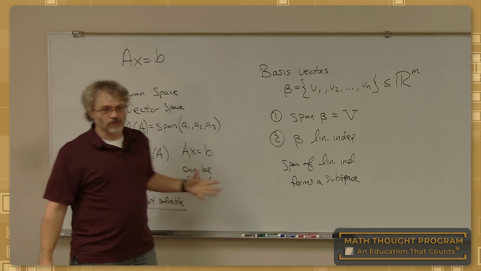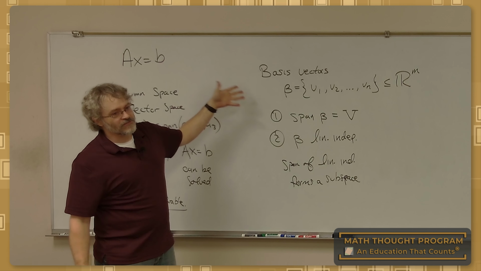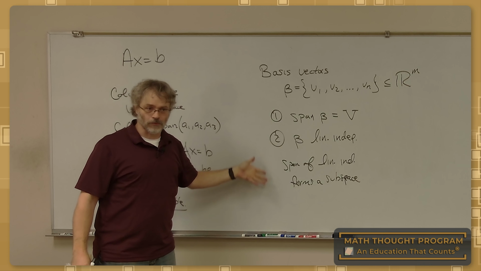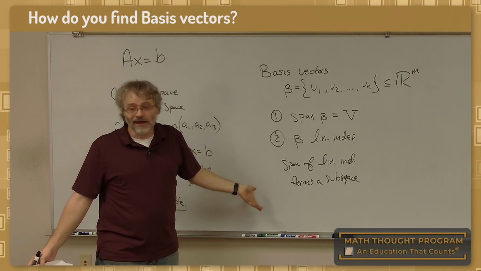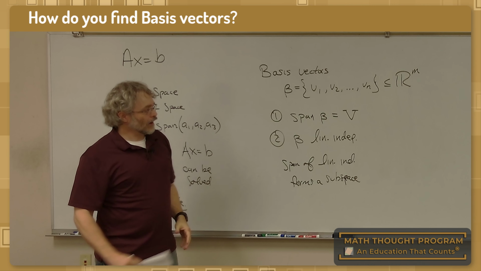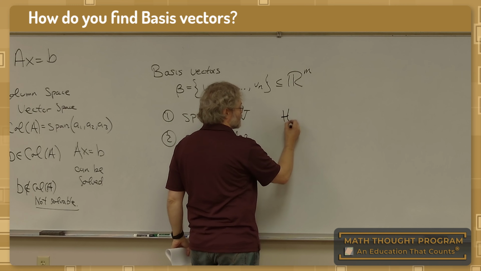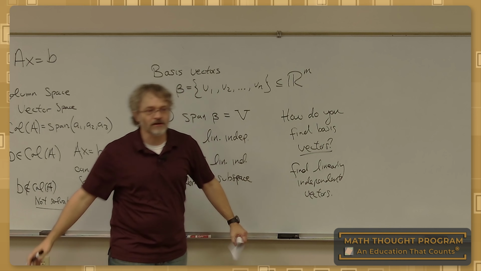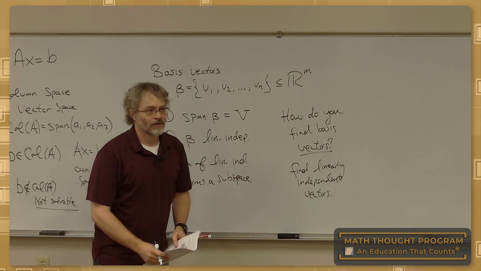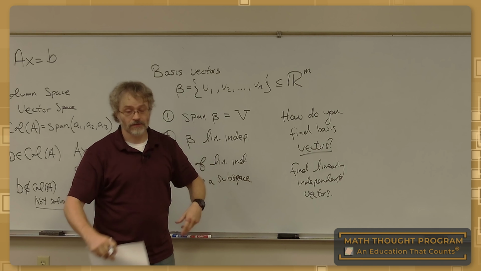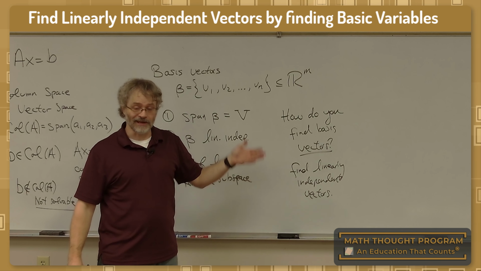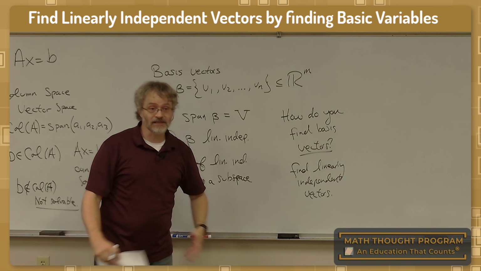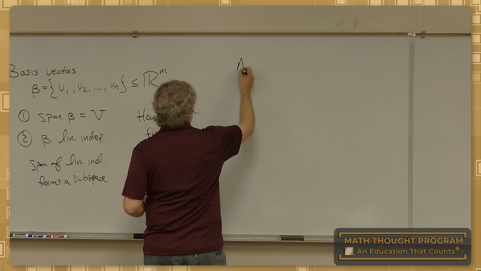Well, here's the next question then. If every vector space has a certain set of vectors you can use to reconstruct the whole entire space, how do you find them? How do you find basis vectors? Well, how am I going to find vectors which are linearly independent? Well, take your matrix, go through row operations, and identify the pivot columns. In other words, find the basic variables. So if I go back to the example,